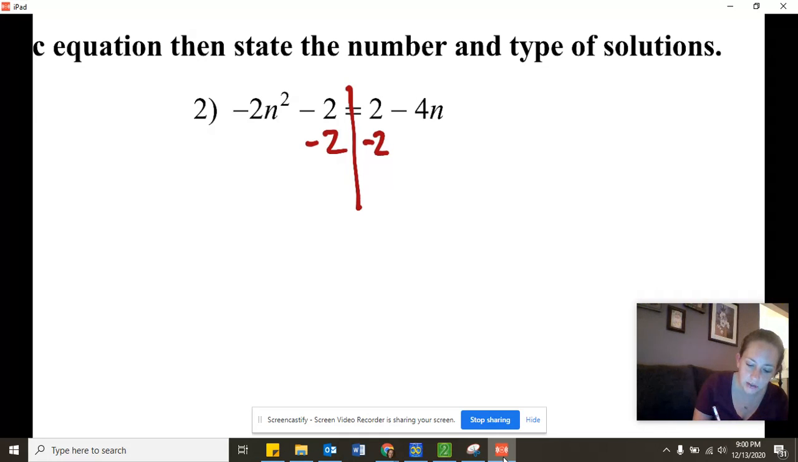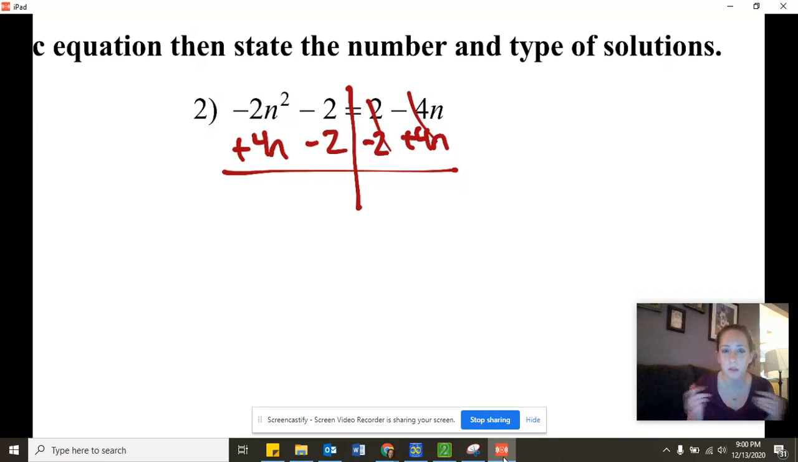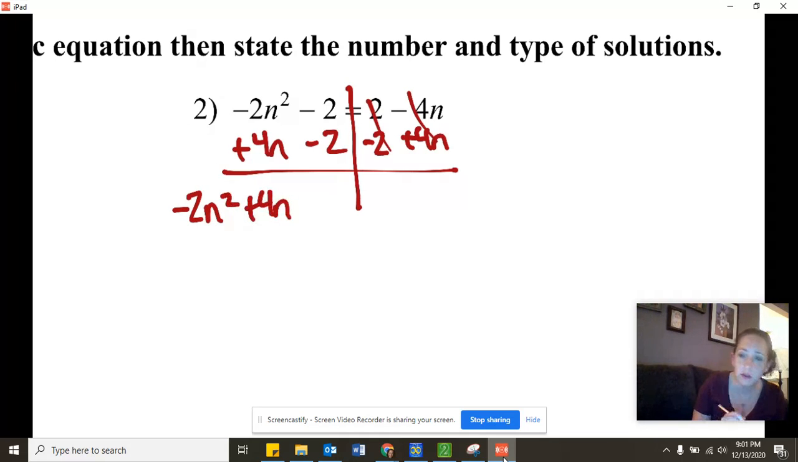Then to get rid of a minus 4n, I'm going to add 4n to both sides. Because remember, whatever you do to one side, you have to do to the other side to keep the equation balanced. Okay. So the negative 2n squared comes down because it's the only n squared. The 4n comes down because it's the only n. And then the two numbers get added together. So now that it equals 0, I can do